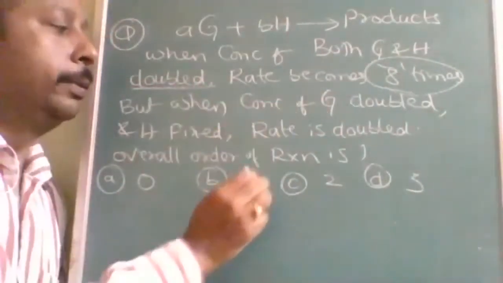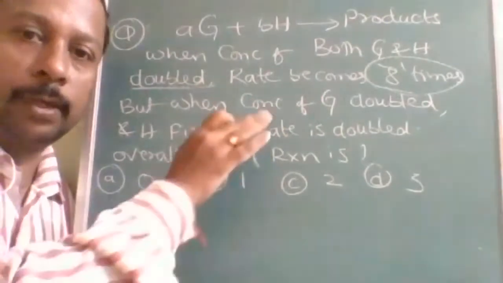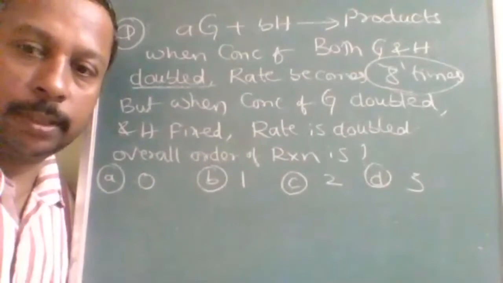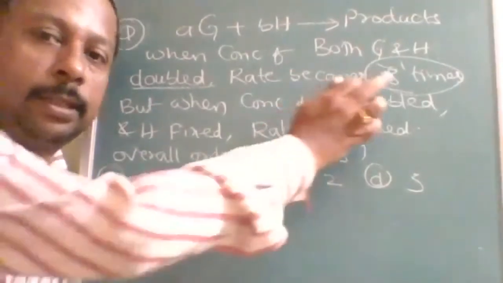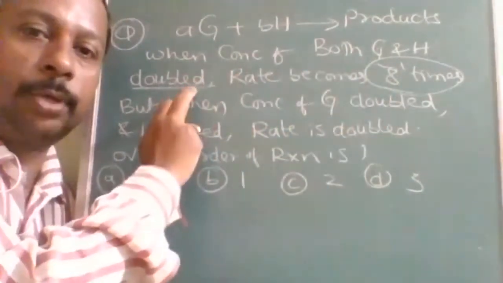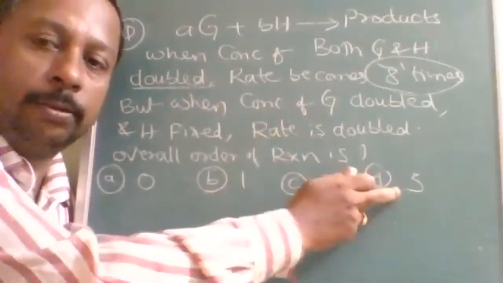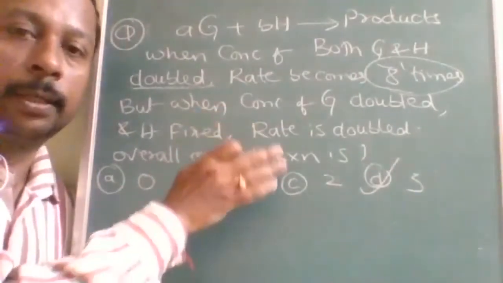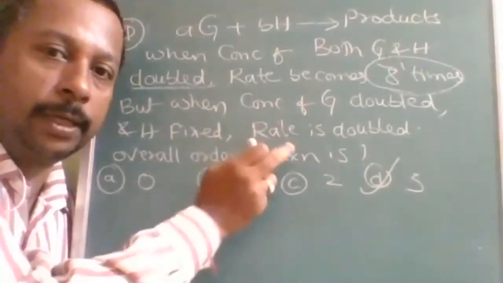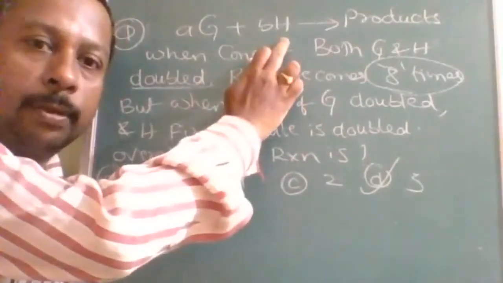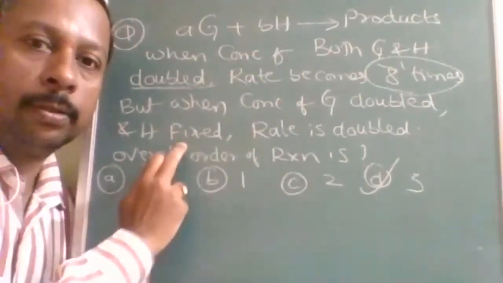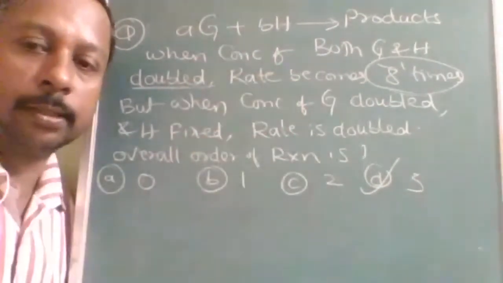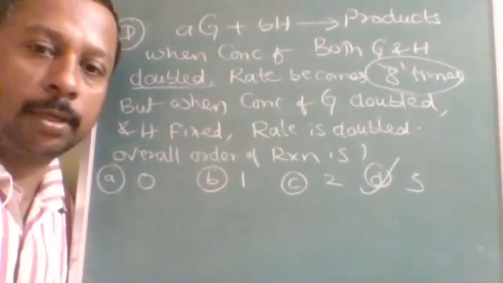So in this question, it is 8 times when it is doubled. He is not asking individually. Actually, the other information is given just to waste your time. Understood? So once the rate is becoming 8 times with respect to 2 times, that means 2 to the power of 3. So directly the answer will be D option. You need not study something. You have to work this out when he is asking about H. So H is fixed. From the total order, you will subtract G order, then you will get the H answer. Is it understood? The answer is D.